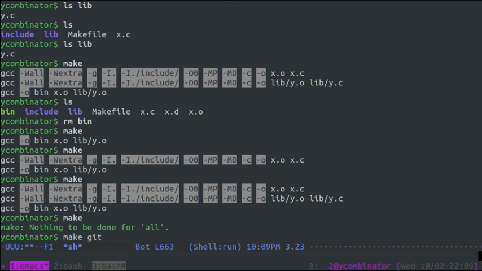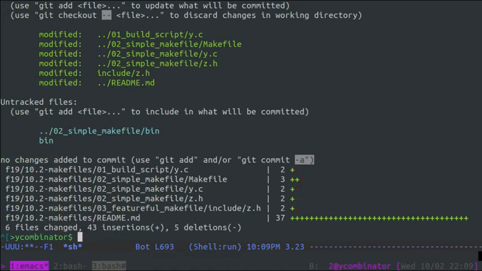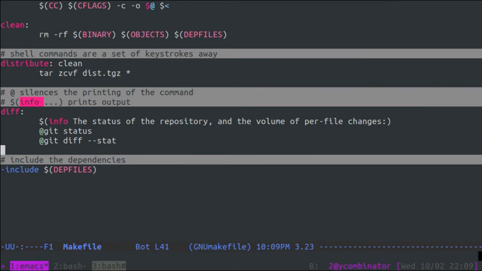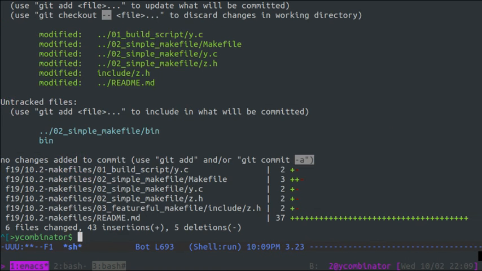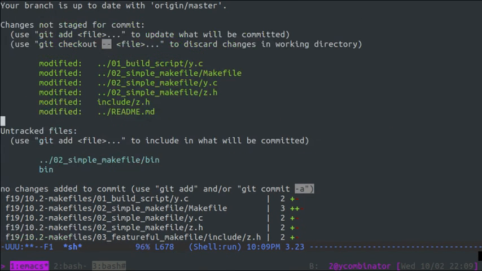Because if I do a make diff here, I've added a rule to essentially call Git, and to get some cool information about changes that I've actually made within my program in the meantime, right? So let's look at what that says. Well, Git Status tells me what files have been modified, and more usefully, what files are untracked. If I forget to add a .c file into Git, then this will remind me,